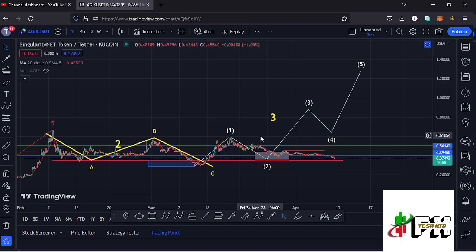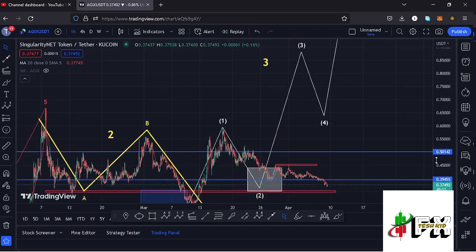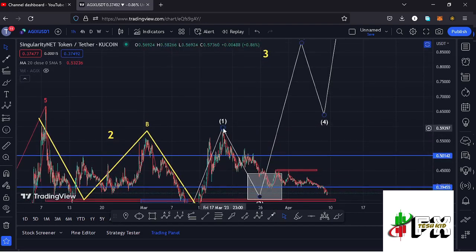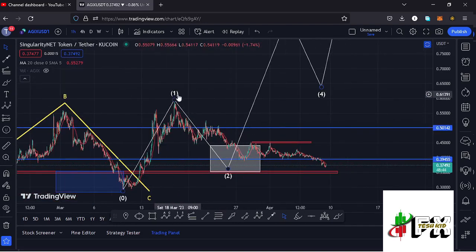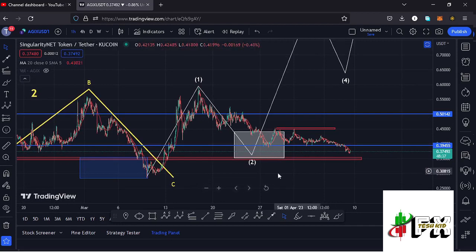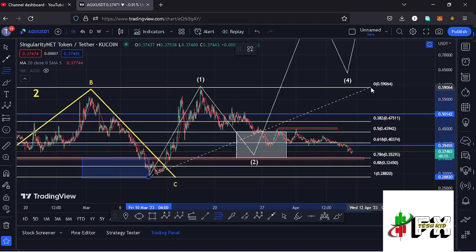Here on the 1-hour chart, you can see that I have this Elliot structure in white, where we have now peaked in that first wave to the upside, giving us a high at around the $0.59 mark. Then we started a corrective structure in the formation of this wave 2 in a move that has now managed to get into the minimum retracement area in the formation of this wave 2, and I was able to come up with the target area by connecting the Fibonacci's from the low of the first wave to the high of that wave 1, and that gave me a minimum target area between the fib level 0.5 and the fib level 0.78, which lies between the